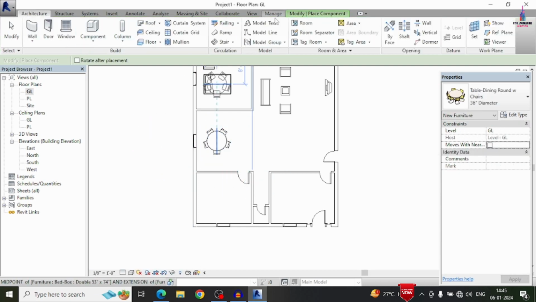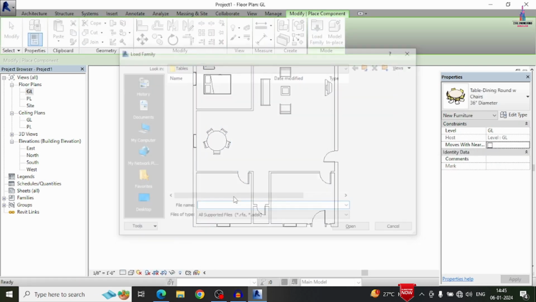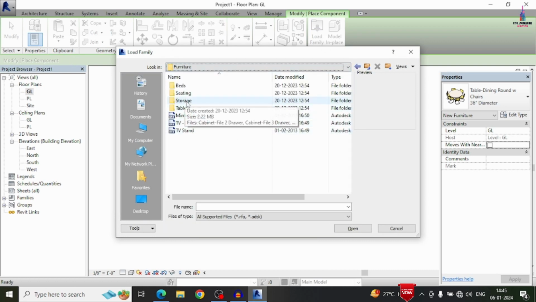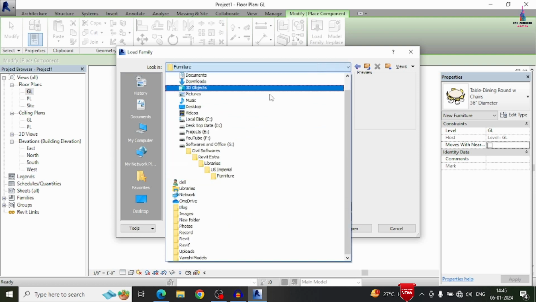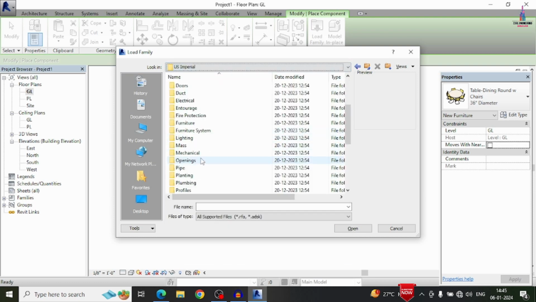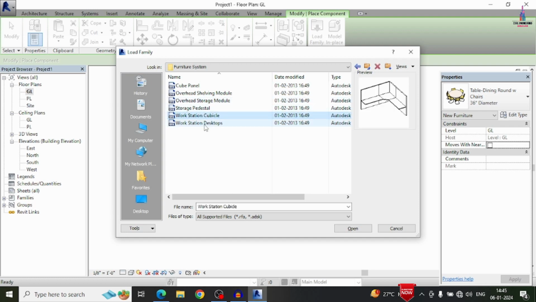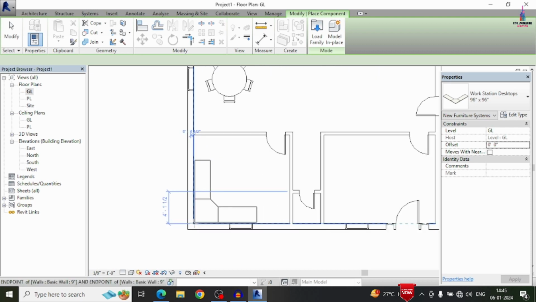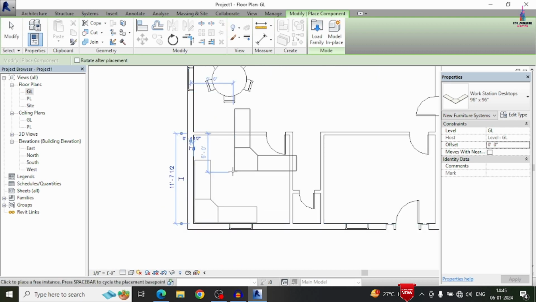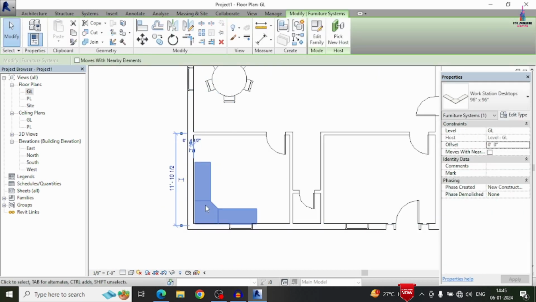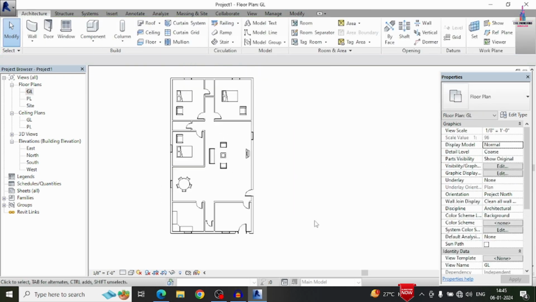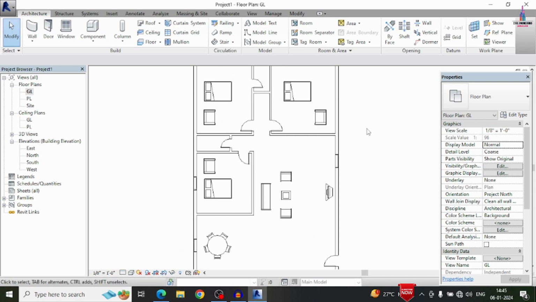Again in the same process we will load some more components related to furniture, which has the kitchen platform. Here I am selecting furniture only, not furniture system. Here I am selecting furniture system, which will consist of your desk board here like this. So we will place that board at the center like this. You can adjust the distance and dimensions according to your considerations. So this is the process of drawing internal components by using Revit Architecture software.